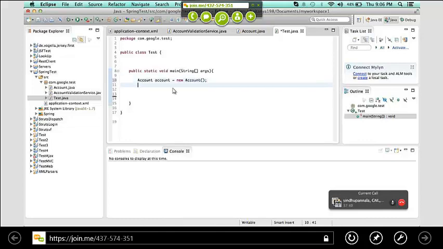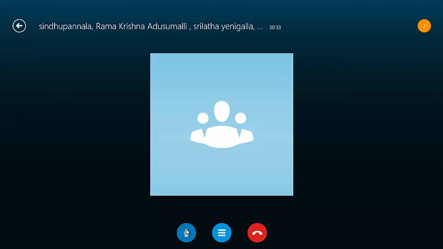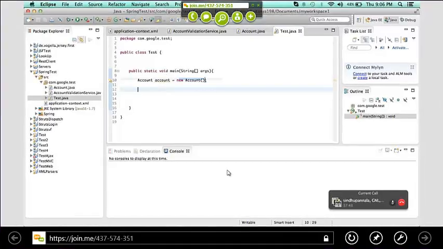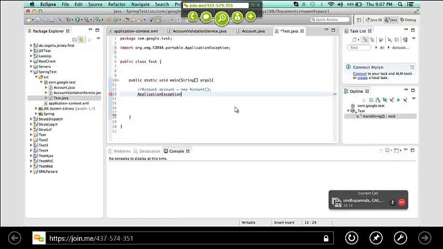Now basically there's no need for you to do this particular thing, because you will ask Spring to create the object for you. So you would be getting the instance of an object from Spring directly. You won't be creating it by yourself. Okay, so how to do that? We already configured this account object in the Spring application framework. Now we need to load the Spring application context.xml. So how we load is, you have something called application